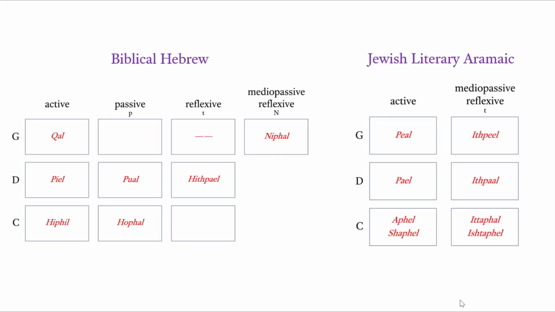Okay, so if that's Onkelos, Jewish literary Aramaic, the language into which the Torah is being translated, then here we have biblical Hebrew on the left and its stem system. How, in general, will a formal equivalence strategy translate these Hebrew verb stems? Well, in mostly expected ways, actually. So, of course, the active stems. Well, we have active stems that fit in the same scheme. And, well, the passive and the reflexive stems. Yes, we have a scheme for this already in Jewish literary Aramaic.